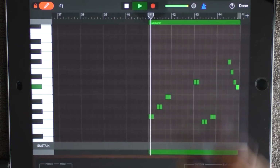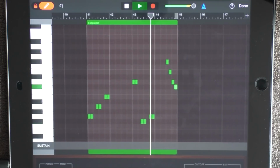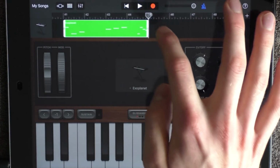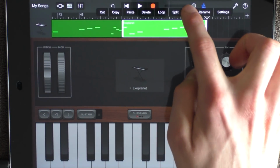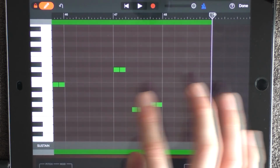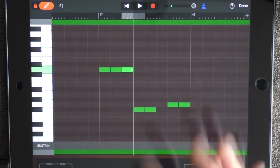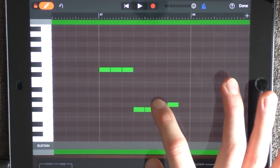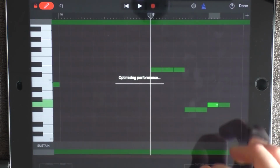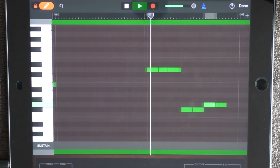So all together. Now copy this one, put it at 45, but go into edit, remove the last notes, and you want to change these ones a little bit, add one extra here, remove the last notes, and move it to here. So from 47, it should sound like...